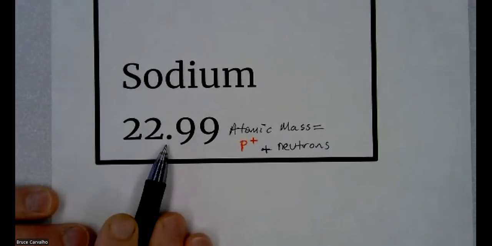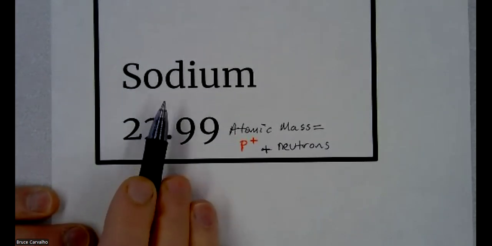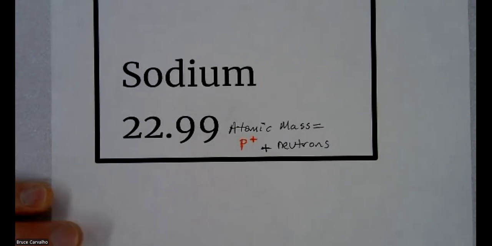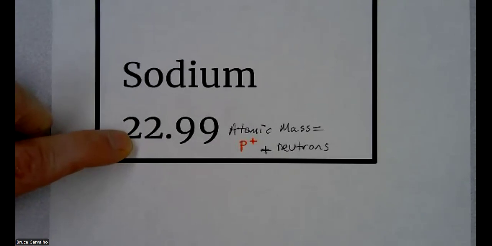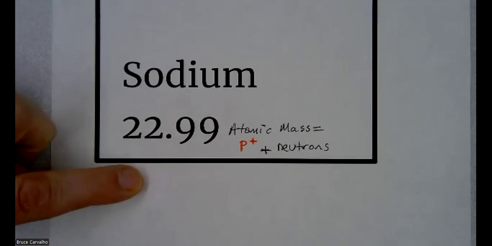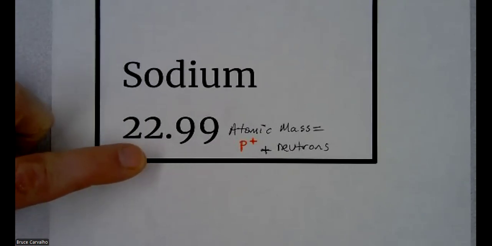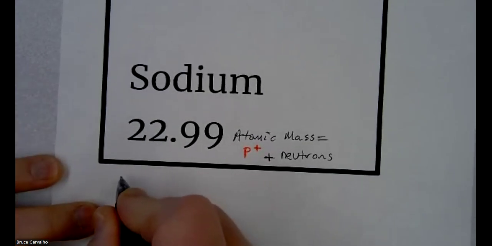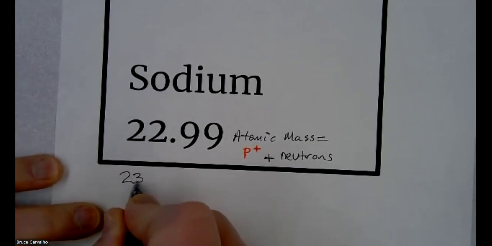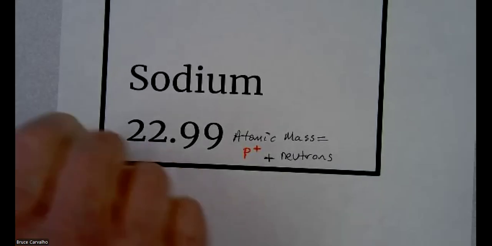The reason why is because sometimes sodium has an evil twin. There are two types of sodium out there, sodium 22 and sodium 23. But there are more 23s than 22s, so it rounds closest to 23. So if you would round that to 23, then we would say 23